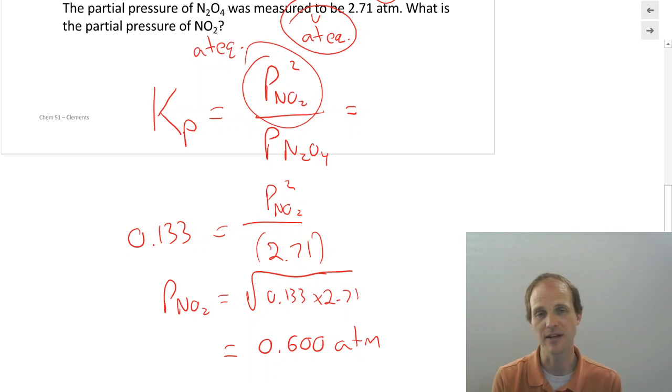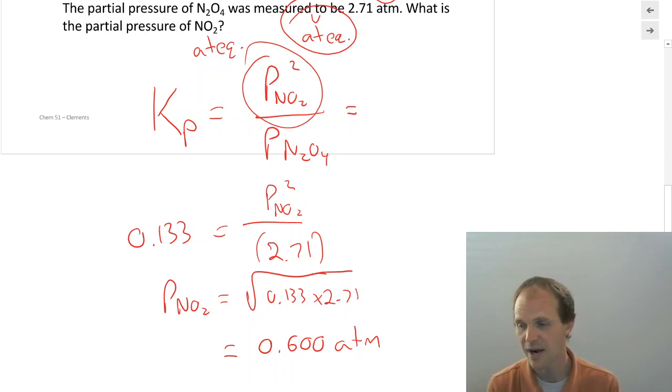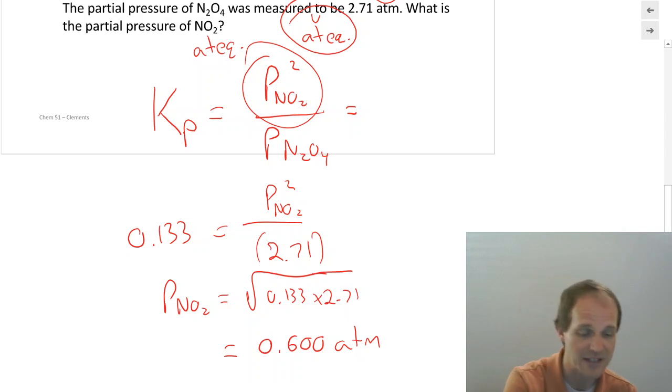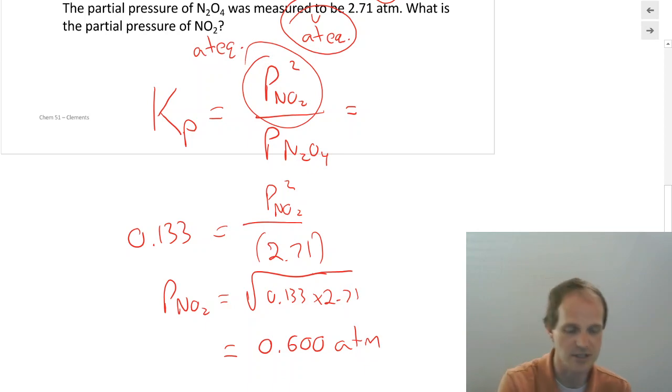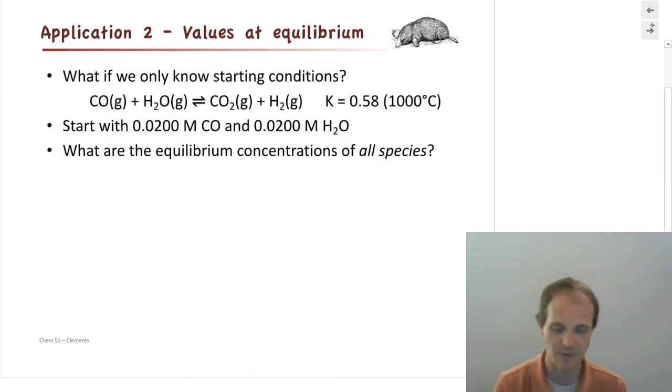That's kind of the simplest one, where we're given a bunch of equilibrium information and there's just one piece missing. That's just kind of a plug and chug into our equilibrium expression. That doesn't happen very often. What happens more often is we have initial conditions, because those are easy to measure. Those are things that I actually put in. I say, oh, I put this much of this into a 1 liter flask, therefore my concentration is 0.75 molar. So initial concentrations are very easy to do because we are in control of those. But then if we want to calculate equilibrium concentrations, how can we do that? And that's what we're going to do next.